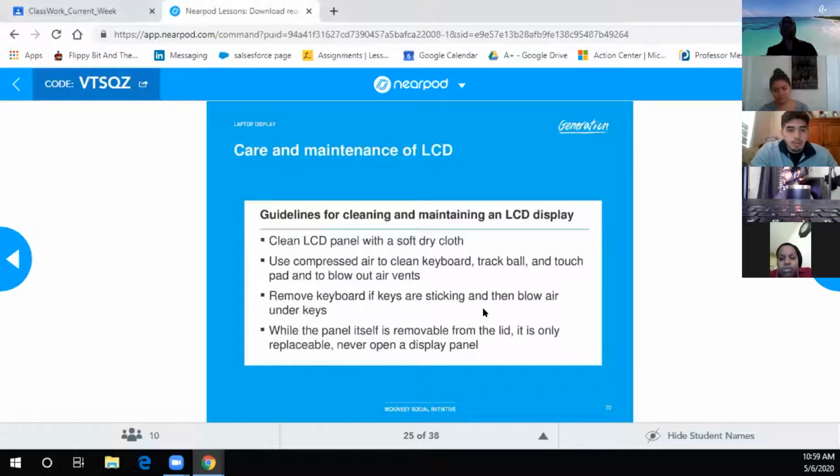Okay. Any questions or doubts? Nobody? Any questions or doubts? What are they talking about here? I'm reading that one where it says never open a display panel. Yeah, the panel itself is removable, but you don't open the panel. What they're talking about is when you take off all the screws,